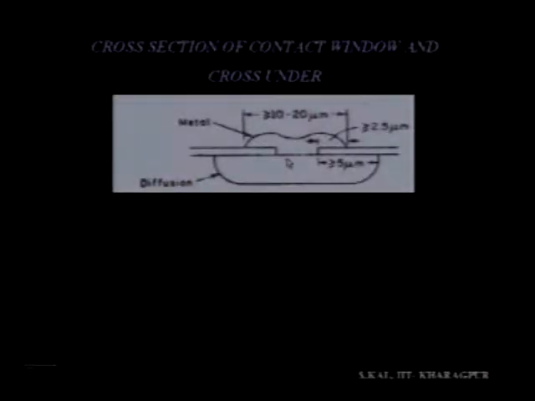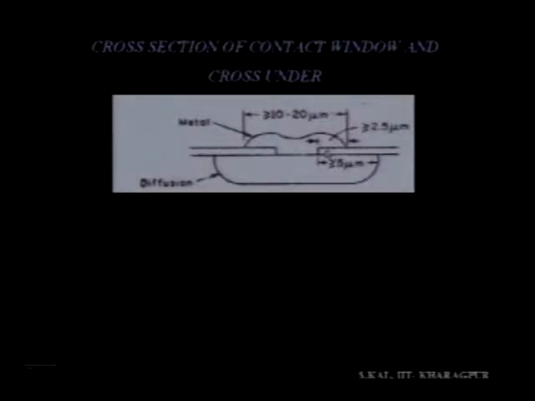That means after all the diffusion layers are fabricated, are made, then you have to grow a silicon dioxide and there you are opening a contact window, and in this contact window on both sides of that particular region you have to allow some space. For example, here a 5 micron space in the left side and right side of the contact window has been